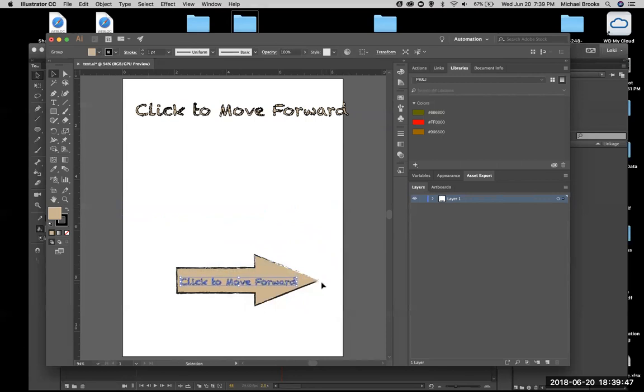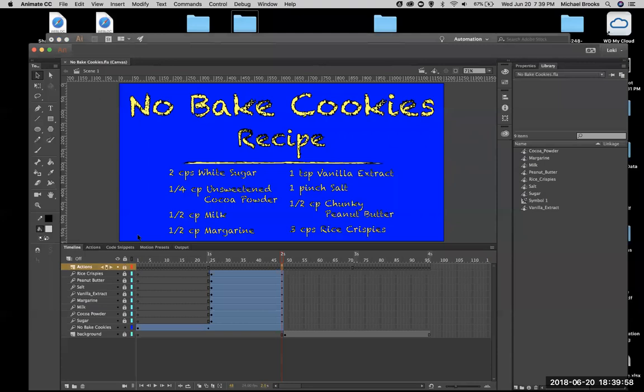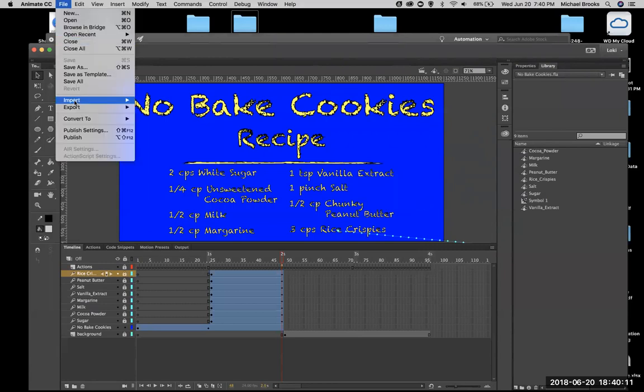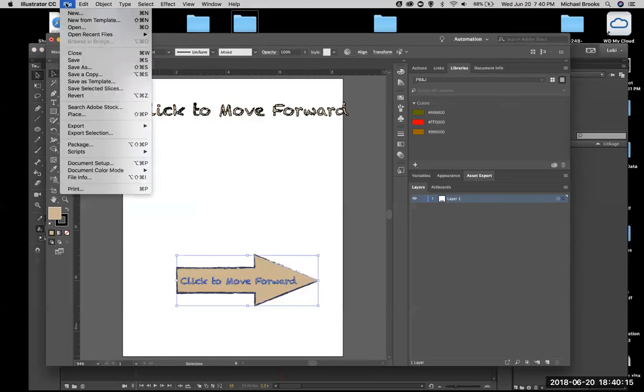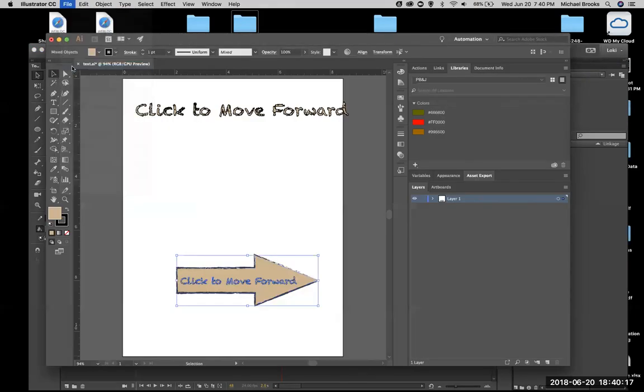It's summer. Okay. So click to move forward. How's that look for a button? That actually looks pretty good. So what we're going to do is copy that, come over here, and Command V. And it didn't even want to come over. So we're going to go ahead, File, go back over there. So we'll do it the easy way. File, Save As,